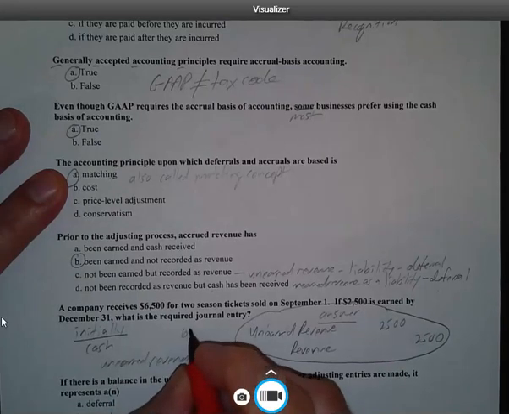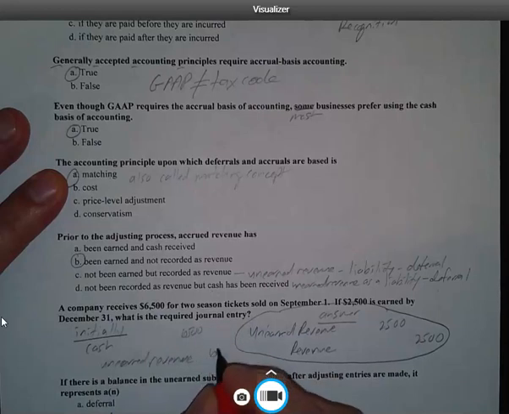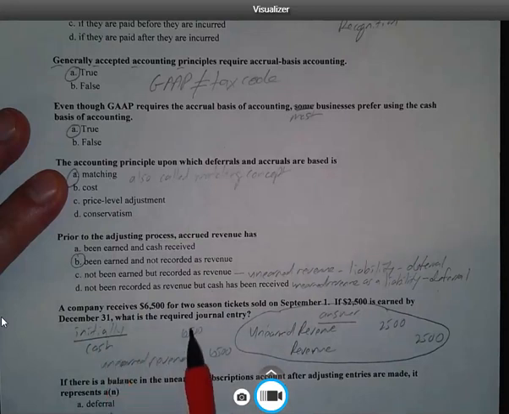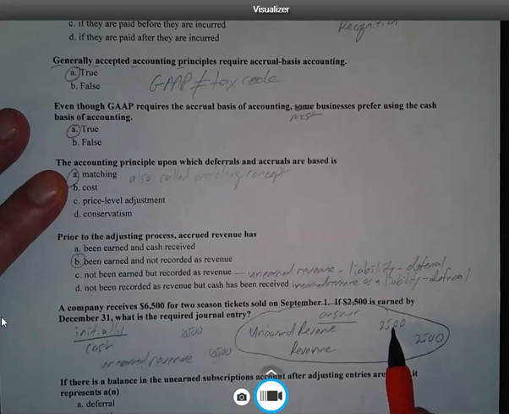Now, I'm going to run out of room here, but we can do this okay, I guess. So our original entry, we received cash of $6,500. Cash is an asset, so it has to go up with a debit. And then we correctly recorded unearned revenue as a liability for $6,500 with a credit. See how it's over here to the right? Then when we earned it, we had to back that off by $2,500. So we did that with a debit to unearned revenue for $2,500.